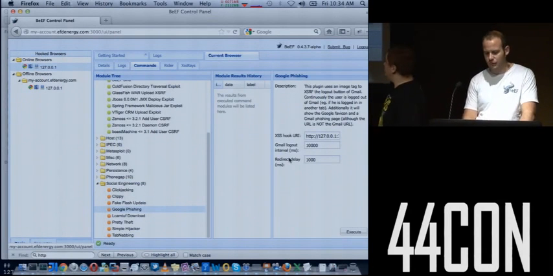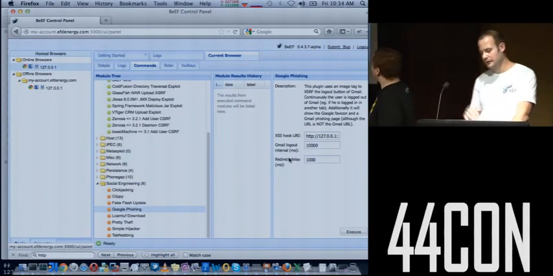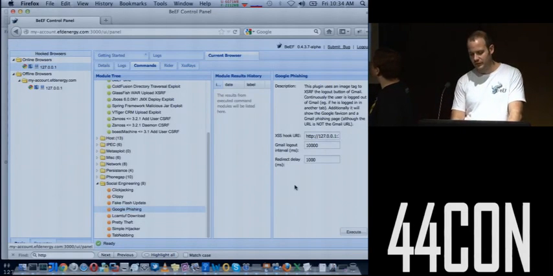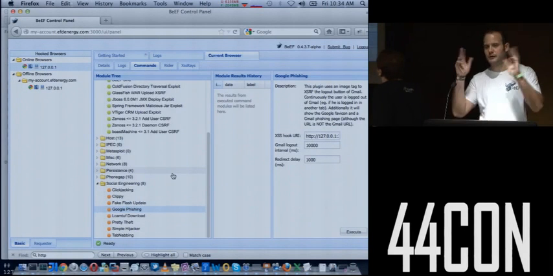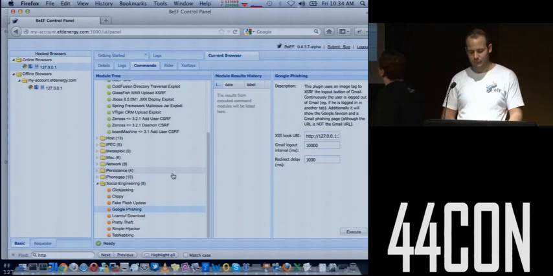The Google phishing is working in a similar way to that one. If the victim is hooked in BeEF in one of the tabs and the other tab has Gmail open, you can actually send a request. Basically, there is a cross-site request forgery in the logout button. So you can say